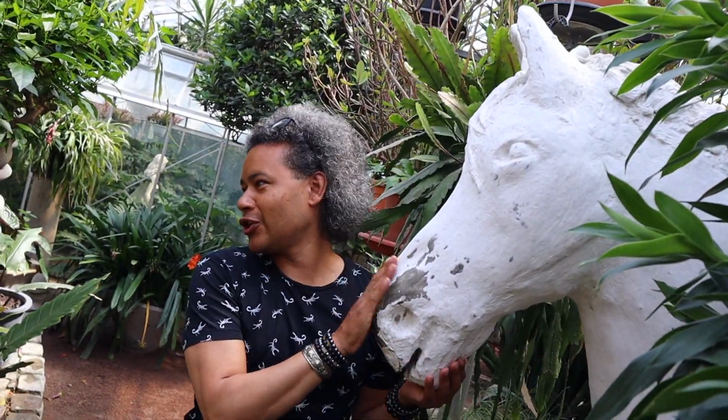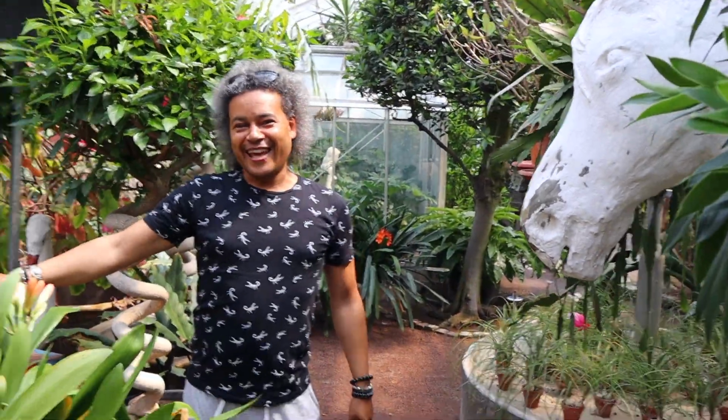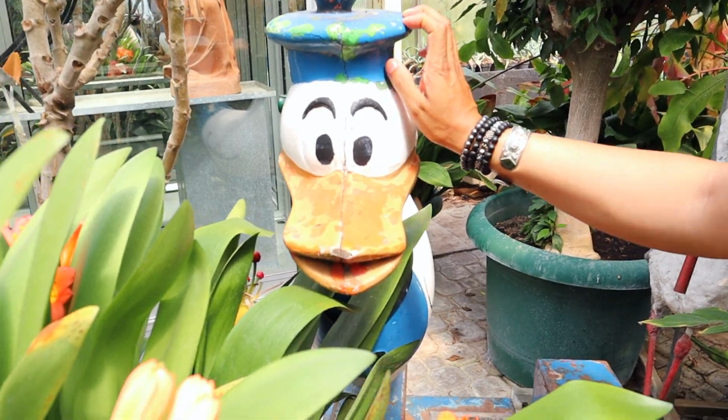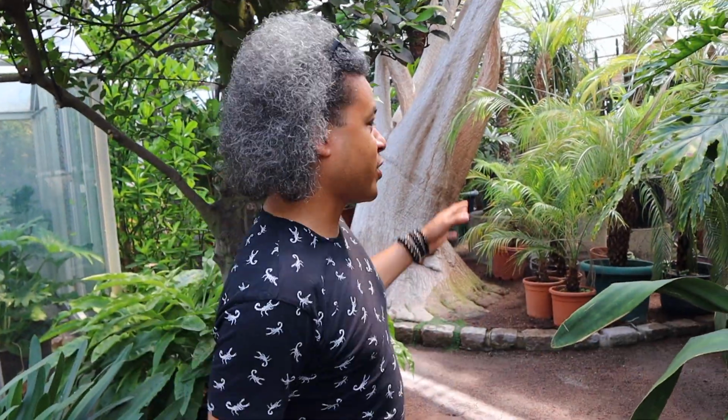There's a lovely white horse here. So gorgeous, so cute. It's really beautiful to have in your garden, right? Yeah, and then look at this duck here. Donald Duck. Cute. So we'll carry on around here and you're going to see one of the largest whale fin